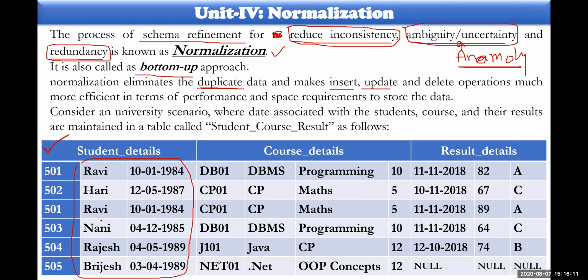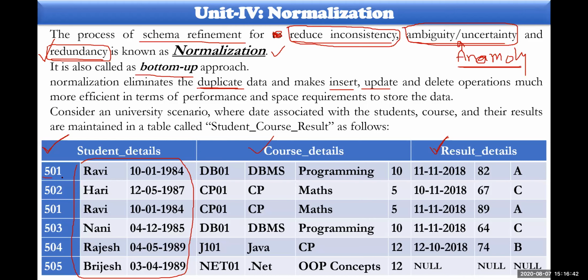So let me give you why we have taken this many times. And then course details. So they have a certain number of courses with them to deal. So course details and the result details also are there here. In student details, please observe here, what do you mean by redundancy? What does it mean? The same kind of data is represented for many number of times, which is known as redundancy.